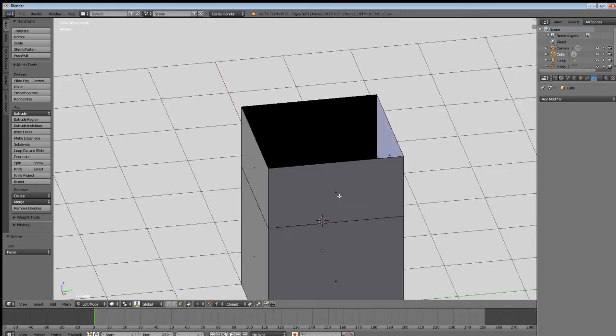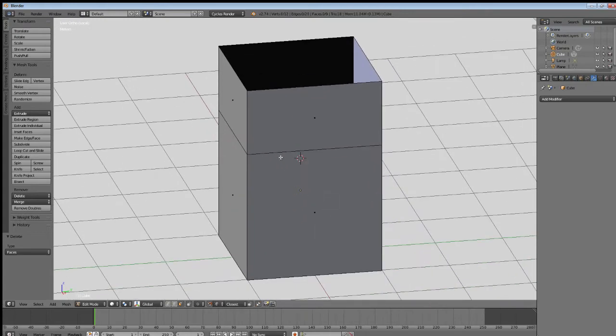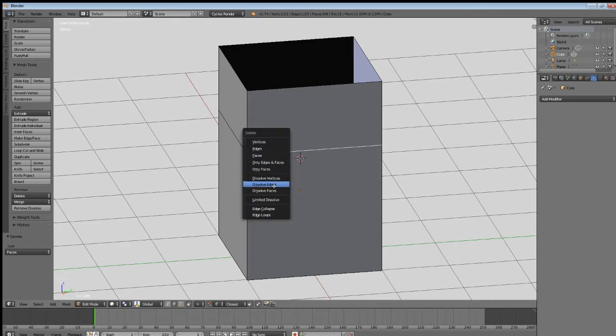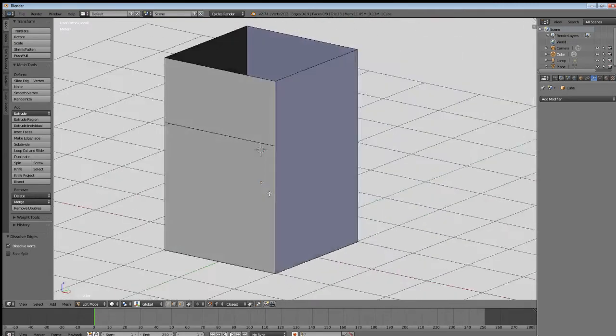That one, and face. And now we need to actually get rid of these edges too. We want this to be a complete box without any interruptions. So let's go to our edge select down here at the bottom and click that. Let's click one edge at a time and hit X, dissolve edge. And it'll just get rid of that edge and make this whole thing one big face, which is exactly what